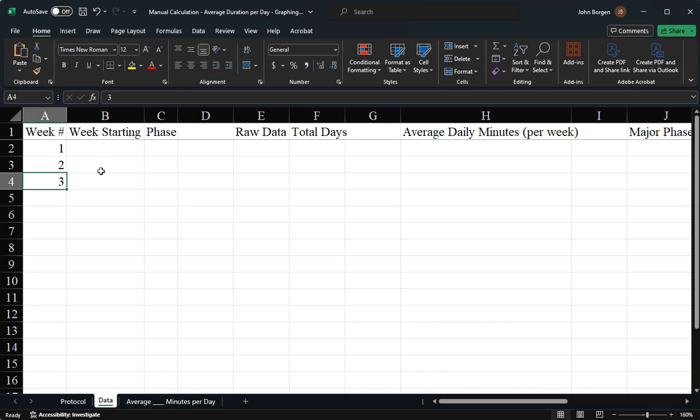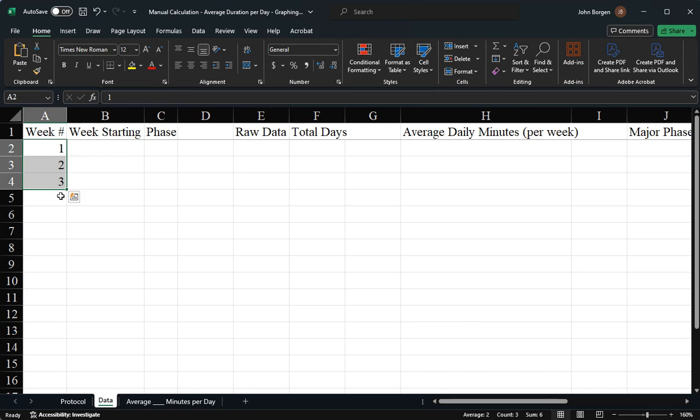One handy thing that I do want to show you while we are here is if you want to continue these numbers down in the pattern that they are. So 1, 2, 3, the next ones would be 4, 5, 6, 7. If you highlight by left clicking and selecting the boxes or the cells, box and cell are interchangeable, the boxes that you want to use as your pattern, and if you come down to the bottom right,